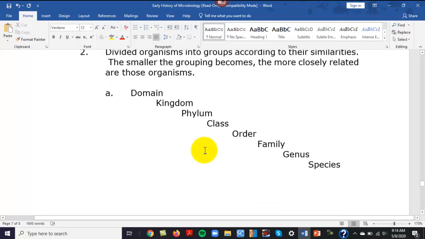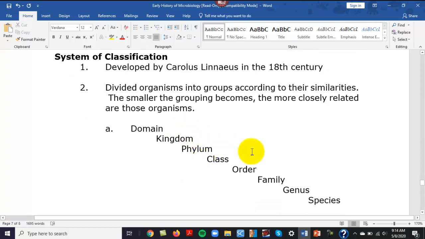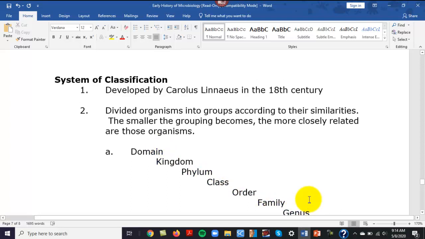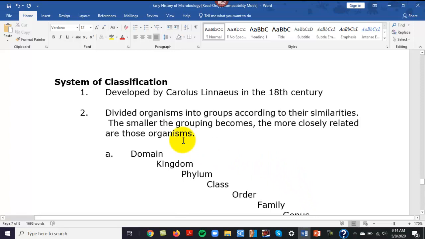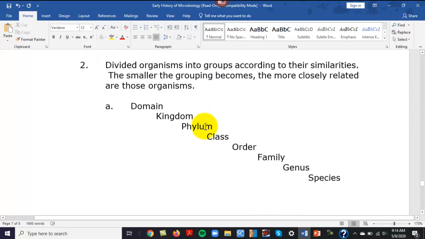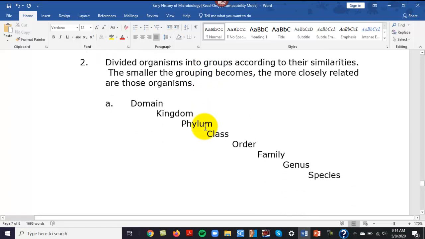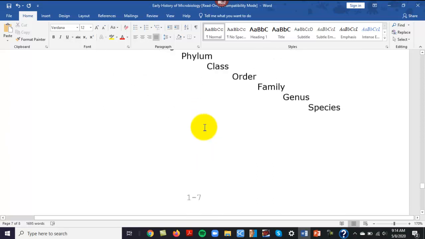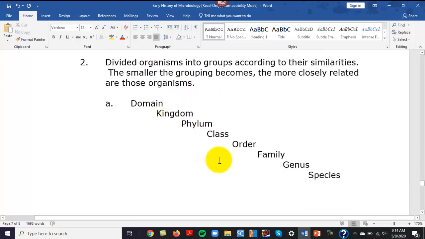So we'll talk about those as well. And then this is the classification system. Now, obviously, you're going to have to pick the correct one out. This is domain, which is 3 of those. Kingdom, phylum, class, order, family, genus, species. Cool name. This is called the Linnaeus scheme. Carolus Linnaeus. Prior to this person, basically, you were either a plant or an animal, which I'm actually good with that. I like simplicity. But this is his classification system.